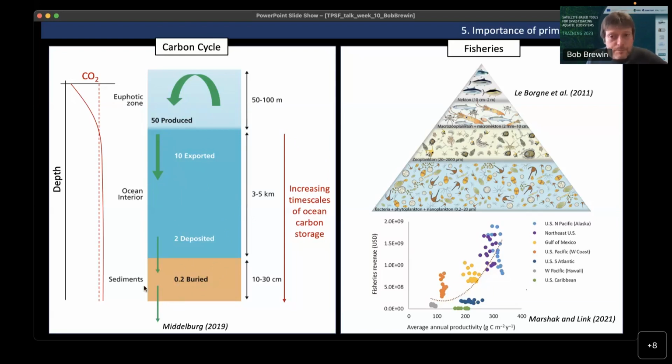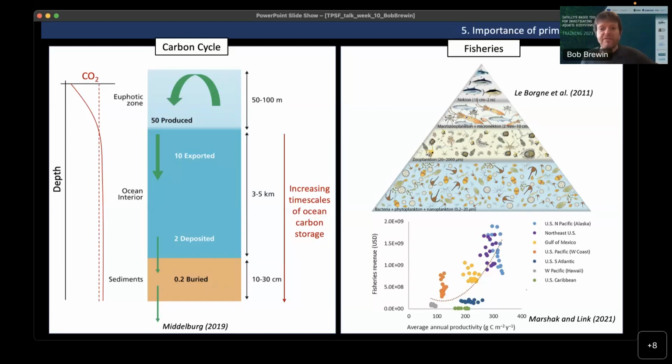So this process of primary production and the ocean biological carbon pump is very important in controlling the surface CO2 concentrations and consequently the ability of the ocean to absorb CO2 from the atmosphere. So that's one important reason. Now, another important reason is fisheries,